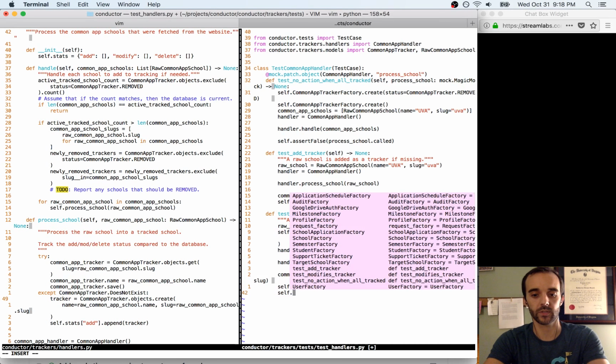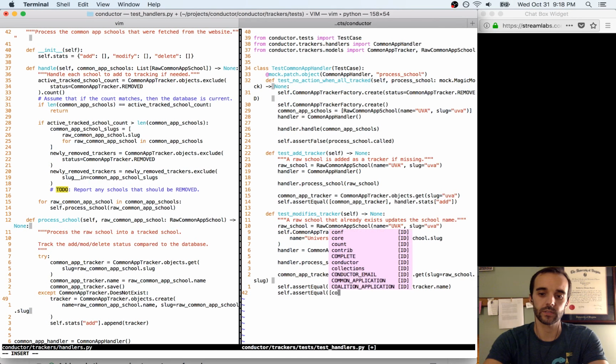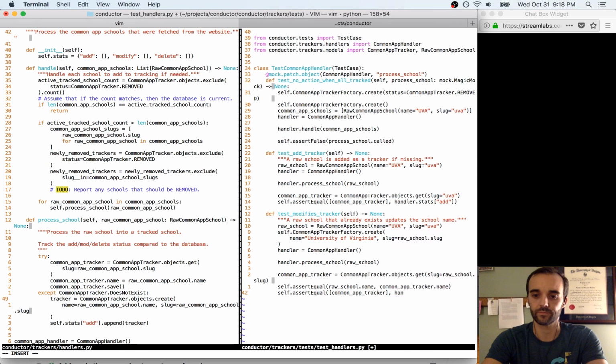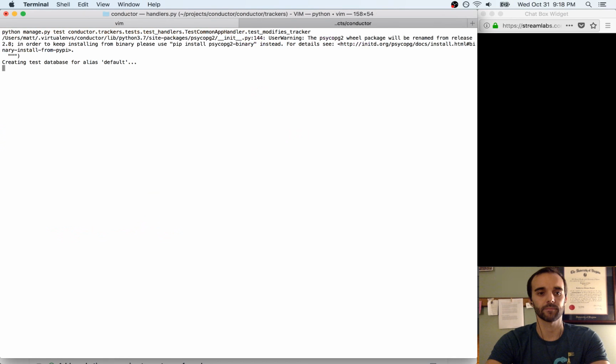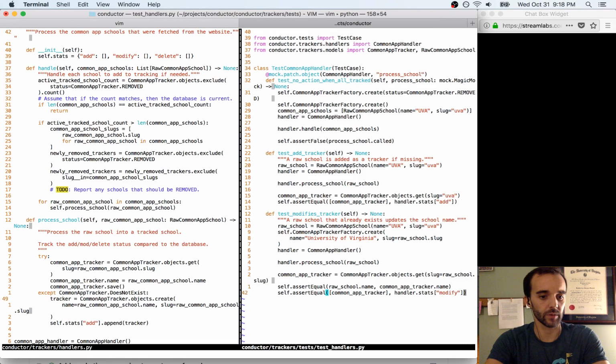So we can also just check that the list for modified is going to be similar to what's above. And we've got, I called the key modify, right? Add, modify, and delete. That's usually how I think about it. Okay. And it fails, which is exactly what we'd expect, because we haven't gone over here and modified the